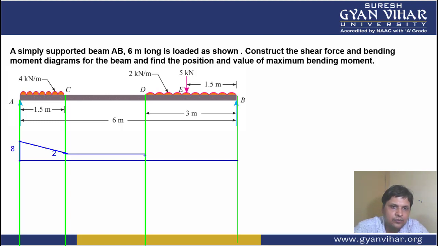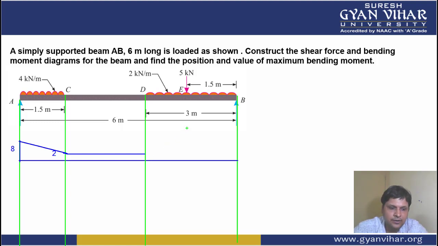All right, it is a 2 kilonewton per meter load and it is acting on a distance of 1.5. So this means that we will take its value as 3. So 3 kilonewton is the UDL going downwards, and also you have a point load of 5 kilonewton. So first of all, from here, since it is 3 and already you have plus 2, so plus 2 minus 3 will give you minus 1 value at C.